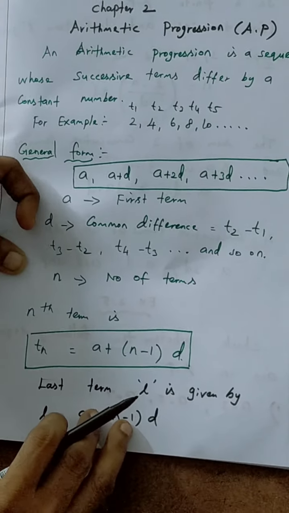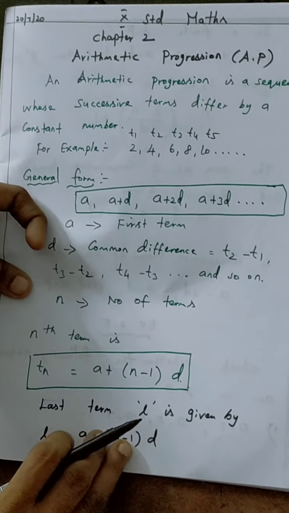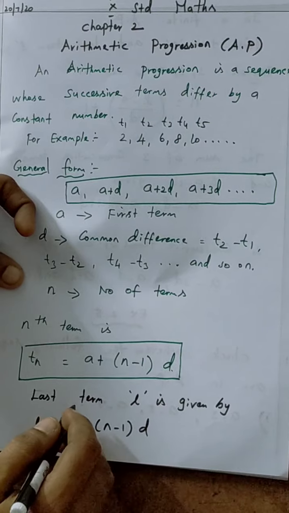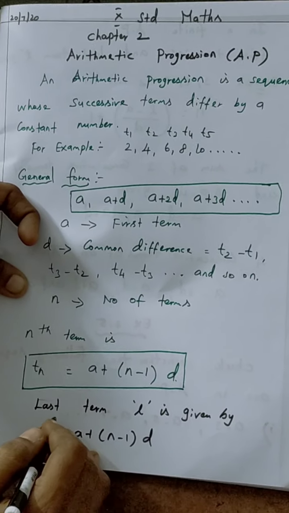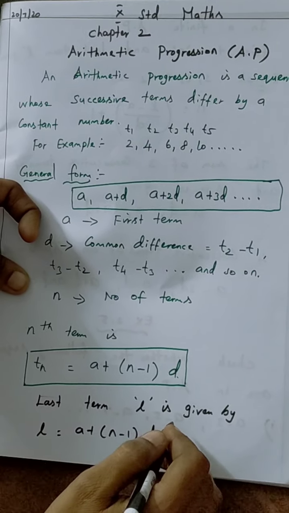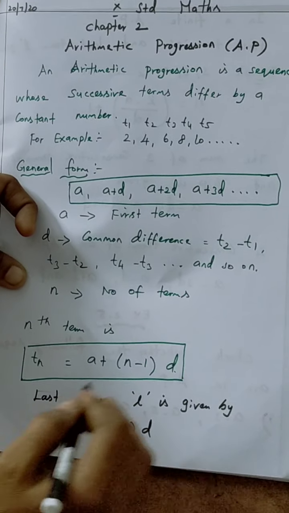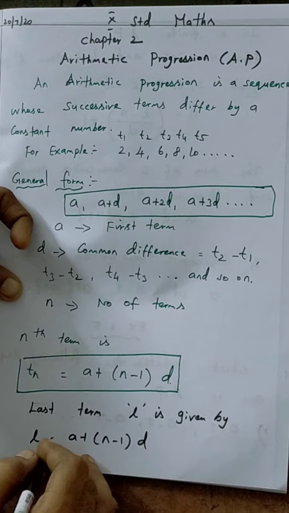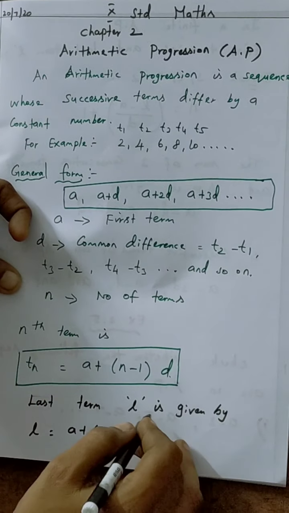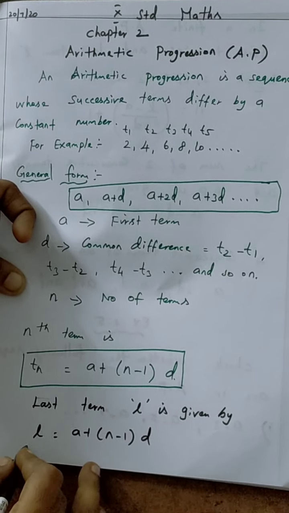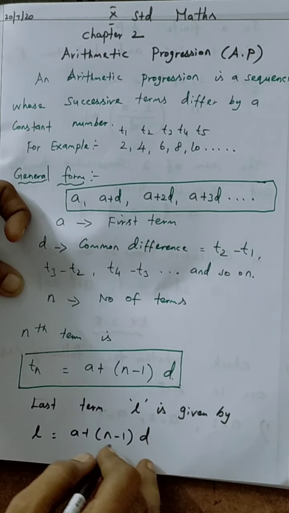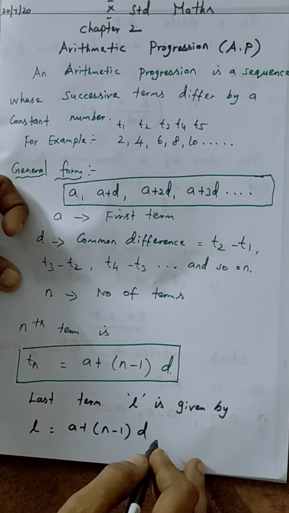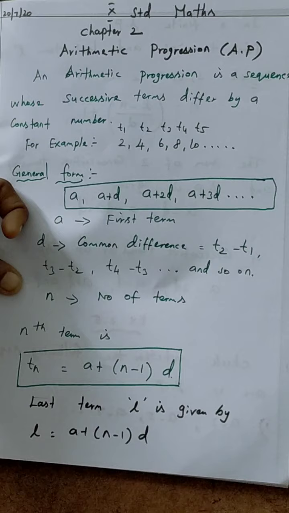Okay, the next one. Suppose the given sequence is a finite arithmetic progression. Finite arithmetic progression means a limited number of elements is given. So the first term and the last term are also given, then it is the same formula only. You replace Tn and mention L only. So L equal to a plus within bracket n minus 1 into d. Apply this formula.